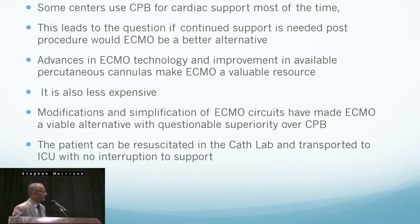So some centers use bypass for cardiac support most of the time. This leads to the question, if continued support is needed post-procedure, would ECMO be a better alternative for acute support in a TAVI procedure? I've done some reading on this, and not a lot. Some centers are using ECMO as opposed to bypass, and I'd like to look into this a little bit further